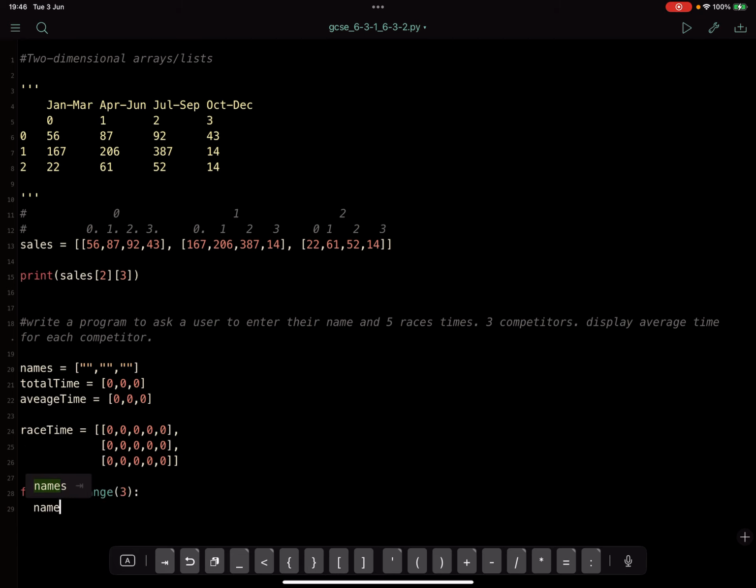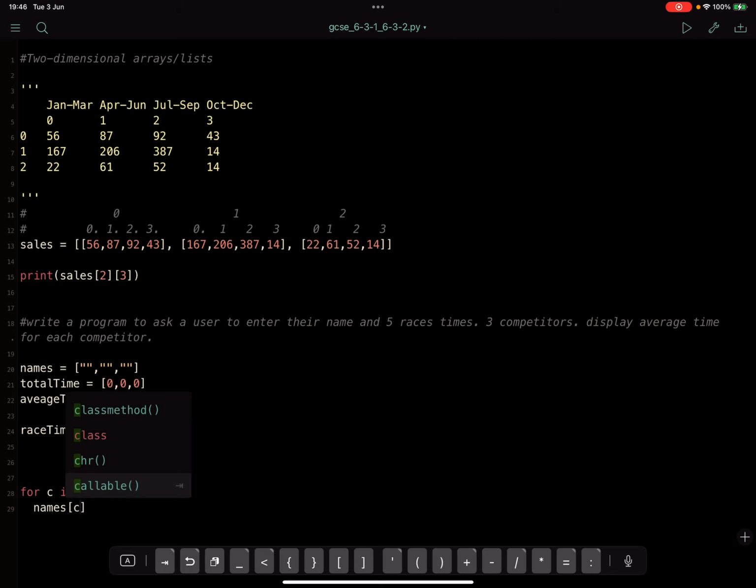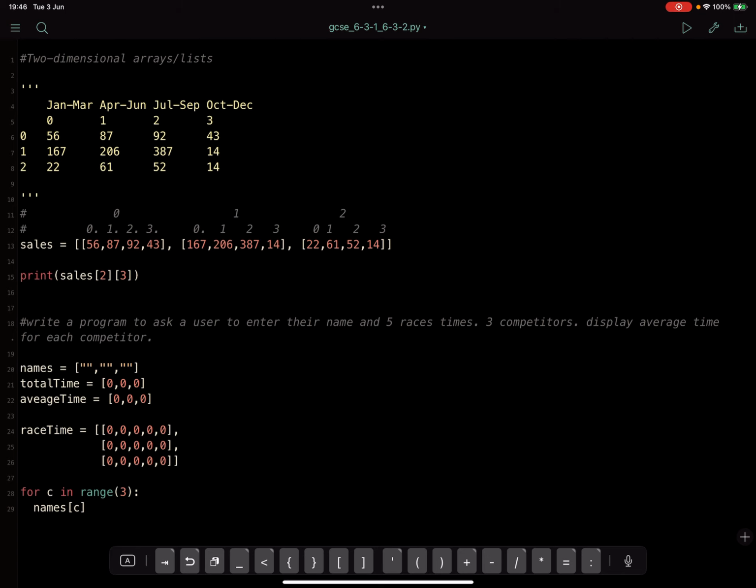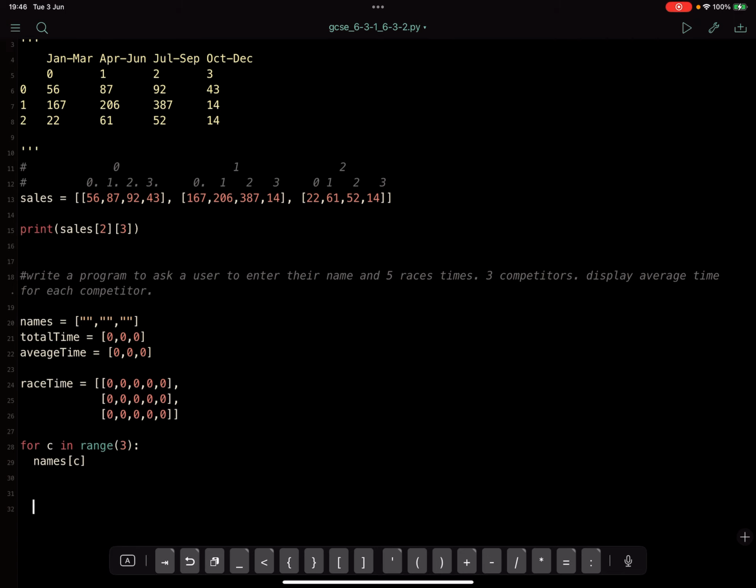name at index C, because C will take on 0 when the loop goes around first of all, then it will take on 1, then it will take on 2 and stop. So names at index 0, which currently is just an empty string, we're going to equal input, type in your name here. Type in, let's say, type in competitor's name,